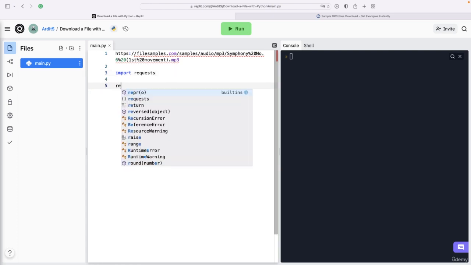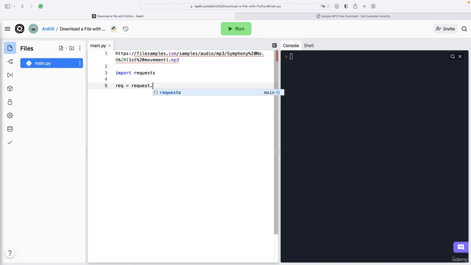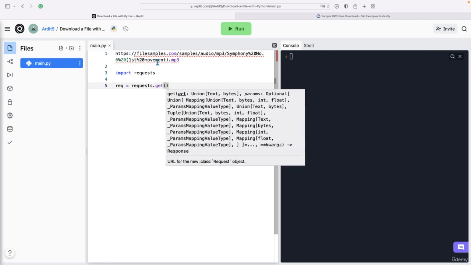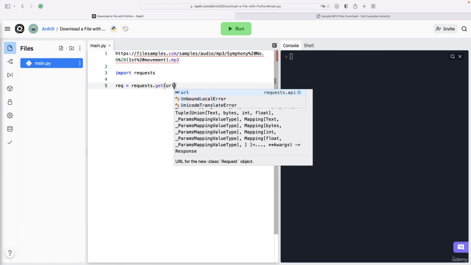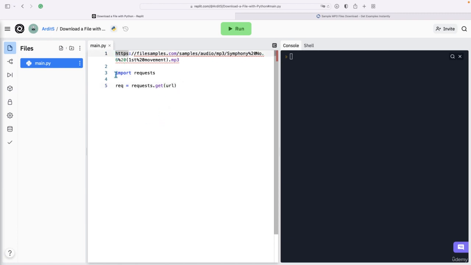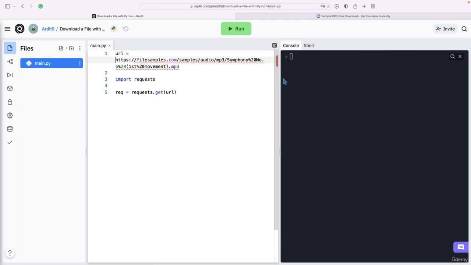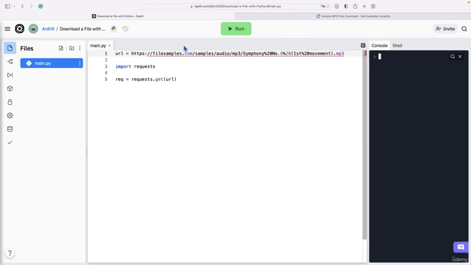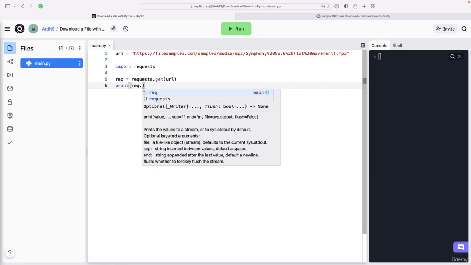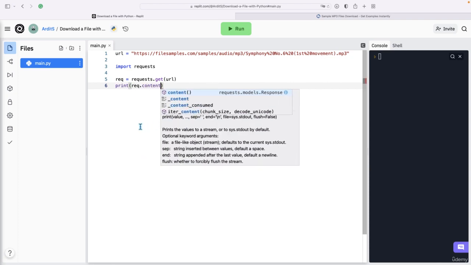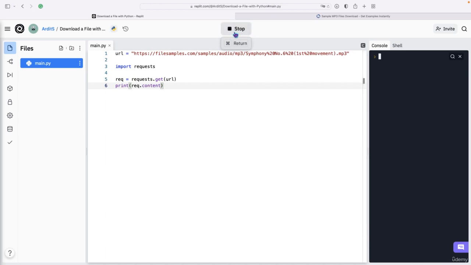So for that, we say requests.get. So get is a method and it gets as argument the URL. The URL is the URL to the file. So let me create a variable here, URL, and this should be a string. So I'm using these double quotes there. So URL goes here, and then if you just print req.content and run the script,